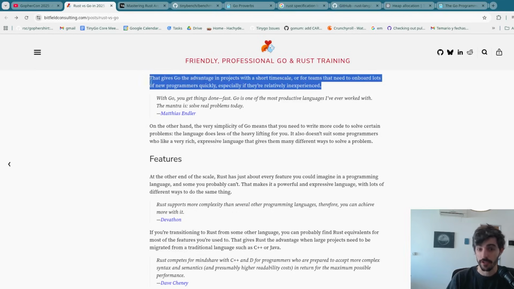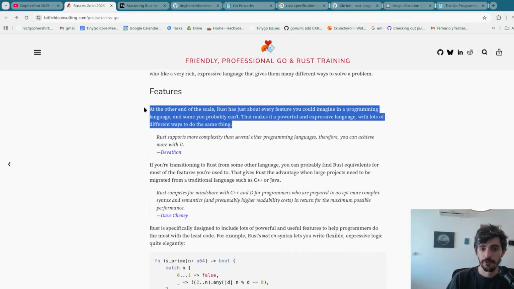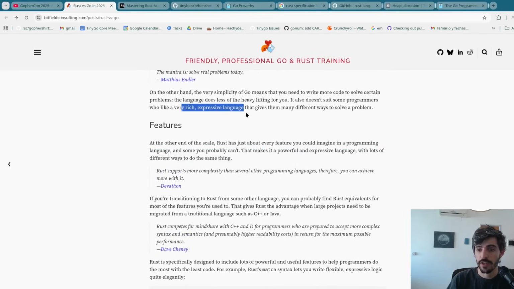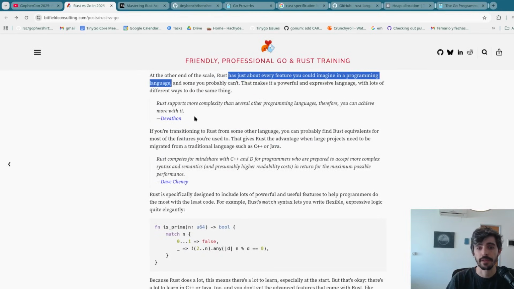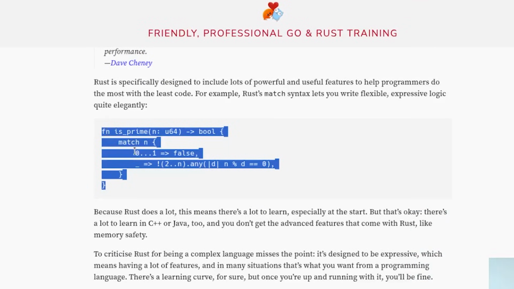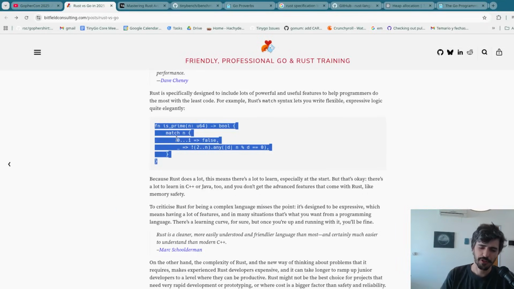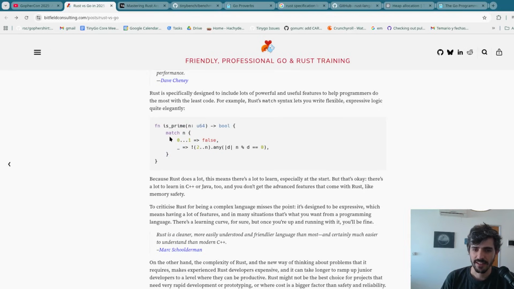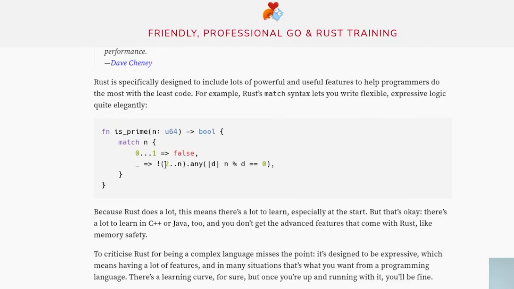Anyways, I don't need those numbers to show you what I'm getting at, which is features. Rust is a rich, expressive language. Any other feature you can imagine in a programming language. Beautiful. And you can do stuff like this, which I find funny that they chose to show this exact example right here. Is this a prime sieve? I can't even tell. It's a match on n, 2 to n. So that's an implied for loop, and anyone that matches, that's the argument, where n modulus d is 0. So it iterates every number from 2 to the number itself. Could do divided by 2, right? And if it matches, then it's false.